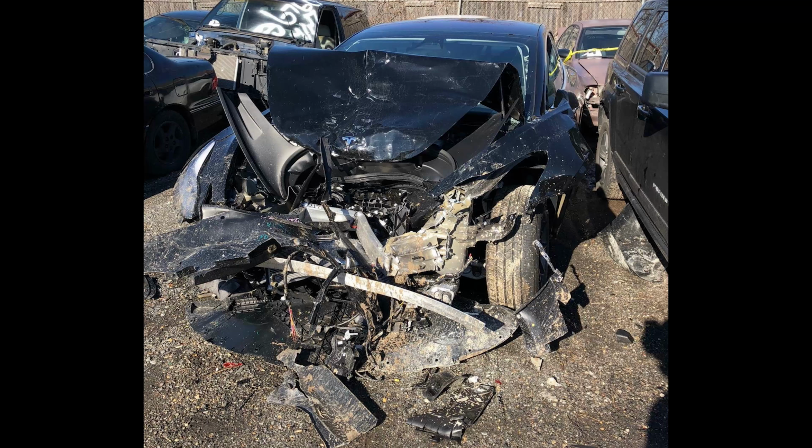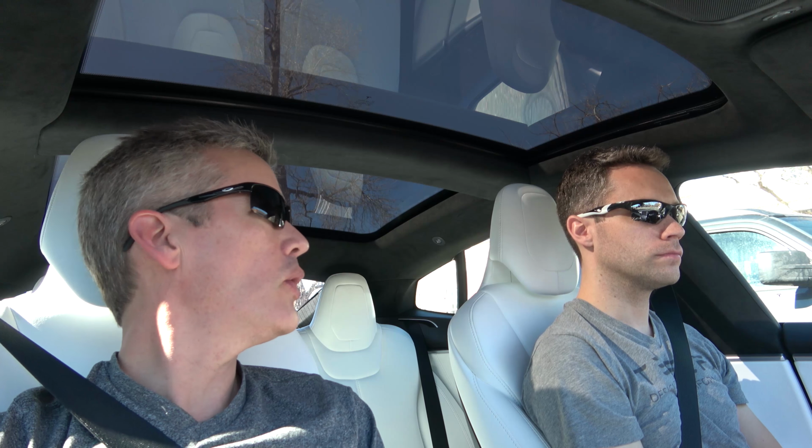One thing that was in the news last week, I guess there was another unfortunate Model 3 owner who had an accident in their Model 3. Actually, I don't know if the owner had the accident, but somebody's Model 3 got totaled. I guess the passenger was thrown forward in the accident, hit their arm against the screen, and got injured there, got cut, and somehow Elon became aware of it, and he sent out a tweet